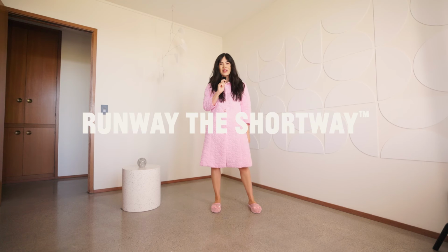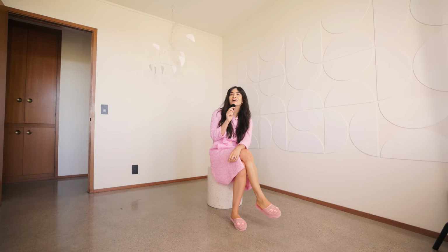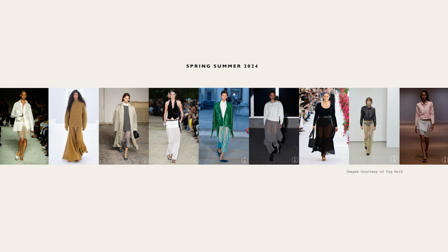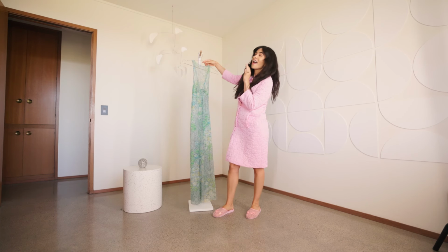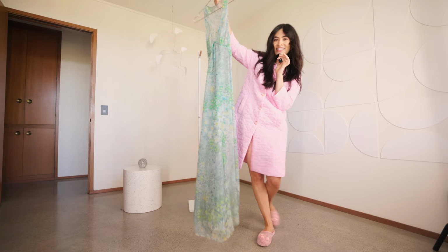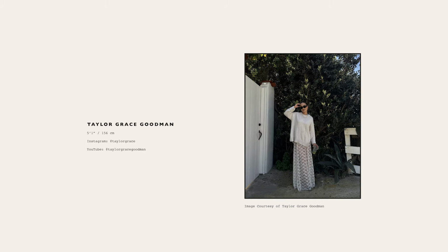Let's style the runway the short way on my 5'2" stature. This week we're taking on the see-through skirt trend spotted across spring-summer 2024 catwalks, such as Brandon Maxwell, Carven, and Erdem. I don't have a transparent skirt, so we're gonna work with this vintage sheer maxi dress that has this amazing handmade flower print. Let's take a cue from Brandon Maxwell and fellow shorty Taylor Grace and pair this with